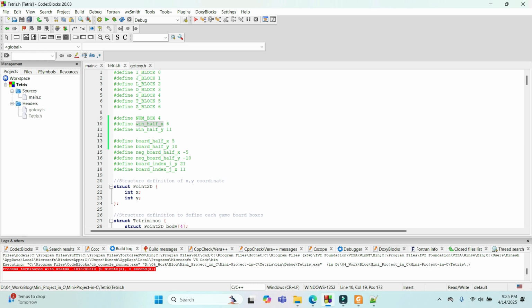Win half x and win half y represent half the size of the window toward the x-axis and y-axis, and it will include the border as well. And we use these values to calculate the coordinates of the 4 corners of the window to display the window. These 4 macro